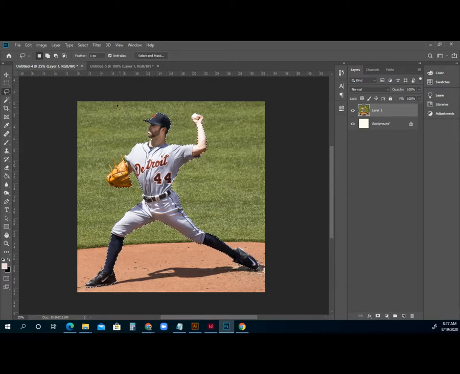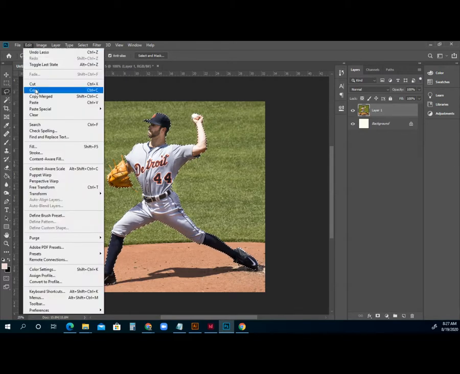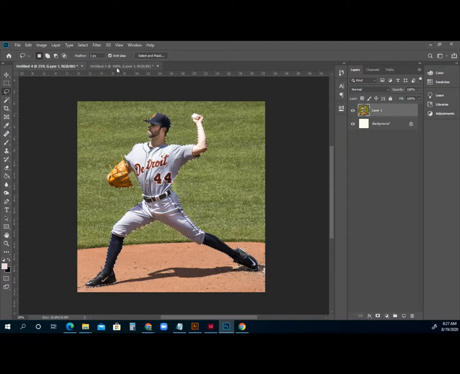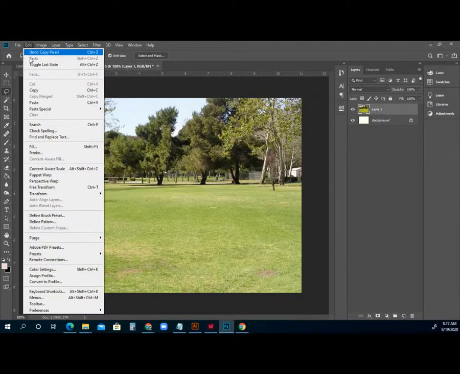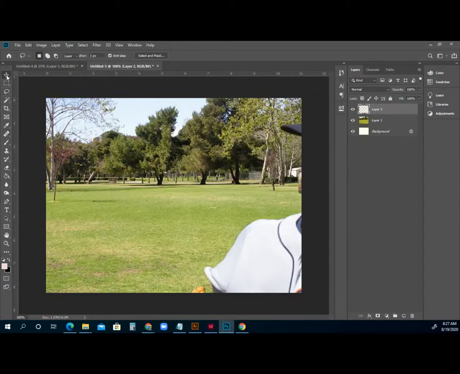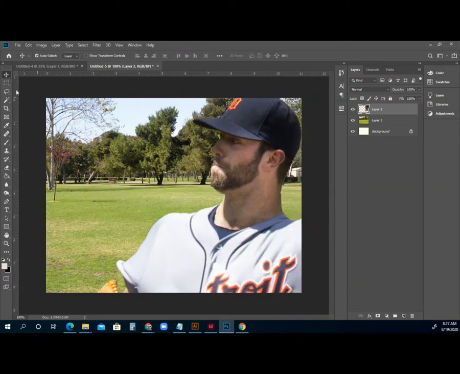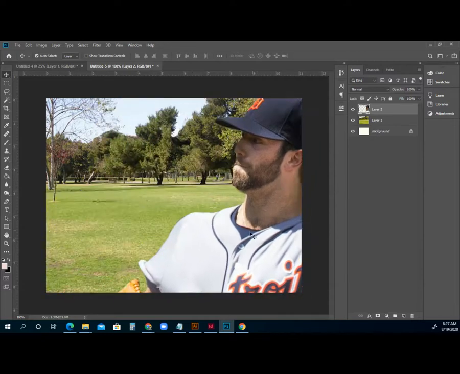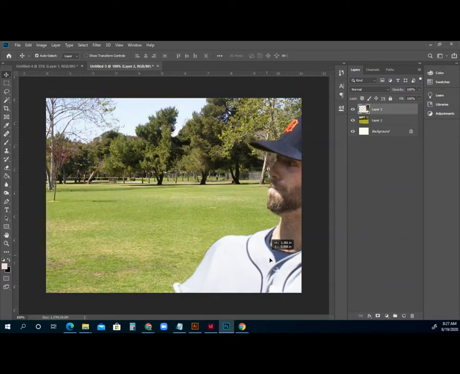So now that I have him selected, I'm just going to go to Edit, Copy, and I'm going to come over to my other picture and go to Edit, Paste. And here he is, and he's really, really big. And I can move him with the Move tool. This is the layer I'm working on. So in order to get him to fit the scale,